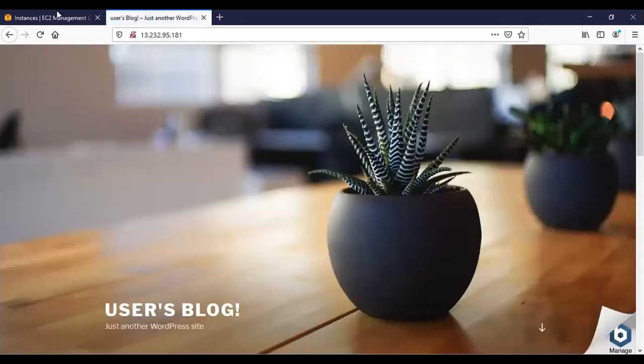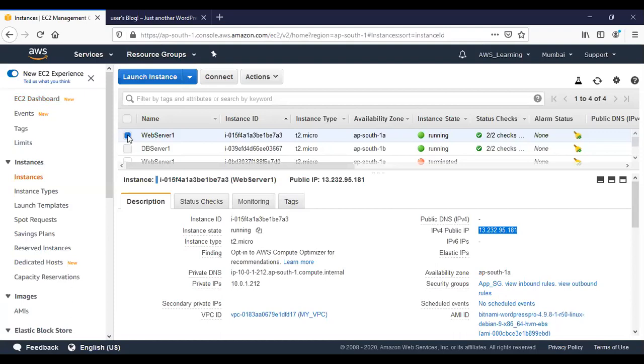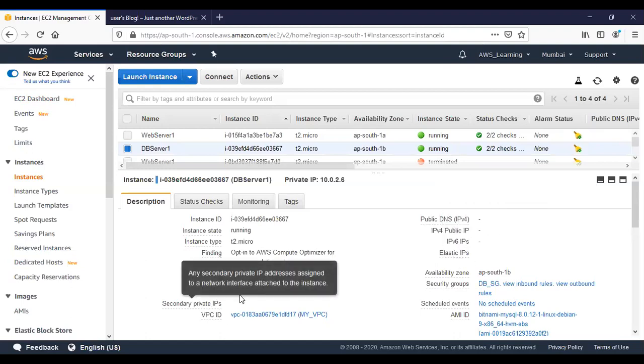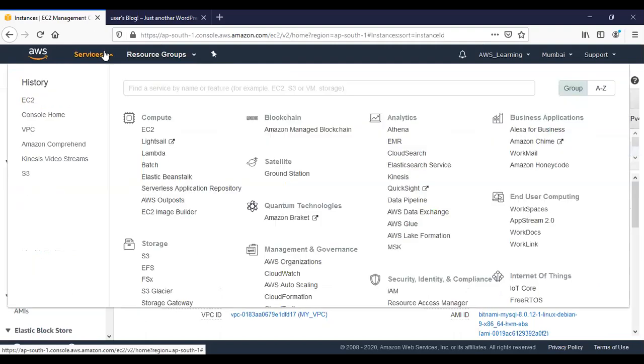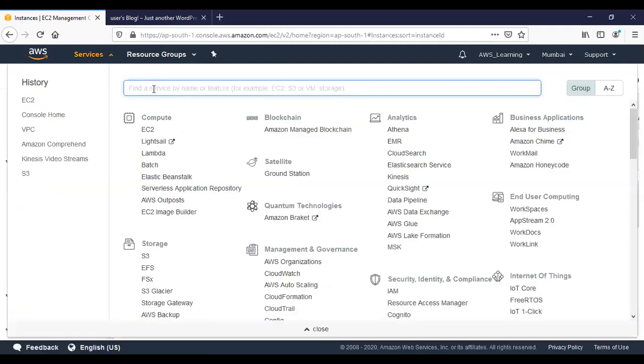I'm able to access the website. Let us check my DB server. DB server has no public IP address. It got a private IP address as 10.0.26. So we'll try to connect to this. Before that, let me also show you.